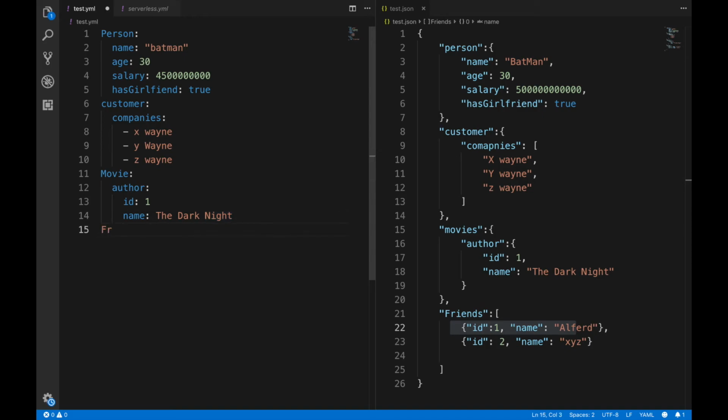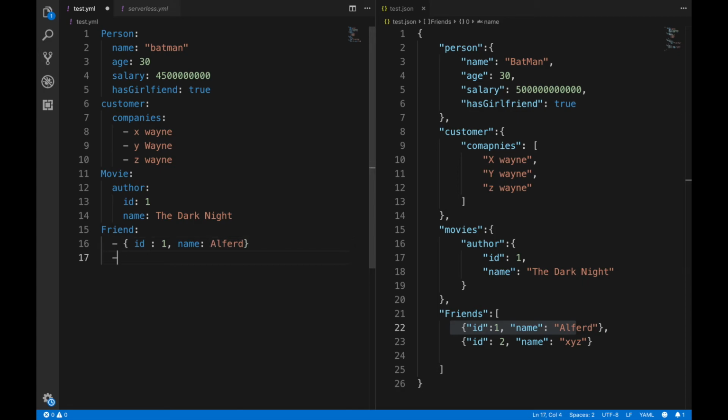So we'll add parent key, that is friend. Now for writing an array, what I told you, you just have to give in tab and you have to write this hyphen then space. So what you have to do is to just press tab, hyphen, then space. Now there's two ways to write this object within an array. First is you can write exact as the same object here. Within that you can write here ID 1, and there is name which has Alfred, right?